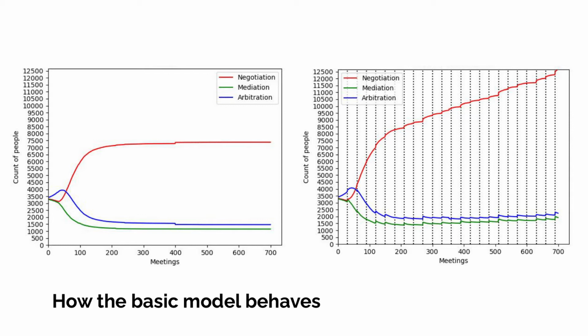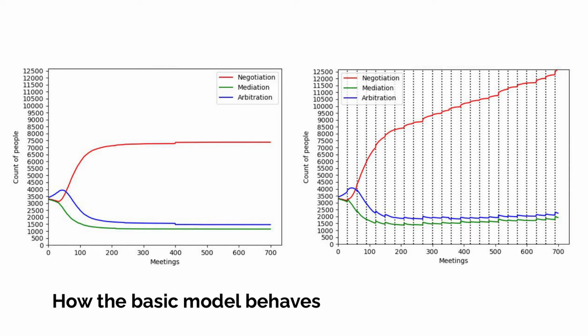Firstly, let's discuss things that are common to both plots. At the starting point, all three methods have almost equal numbers of followers. Right after the start of the simulation, the arbitration method surpasses all the others, while the negotiation and mediation methods begin to struggle. But at approximately the 60th meeting, the negotiation method clearly becomes a leader, whereas the number of arbitration followers rapidly